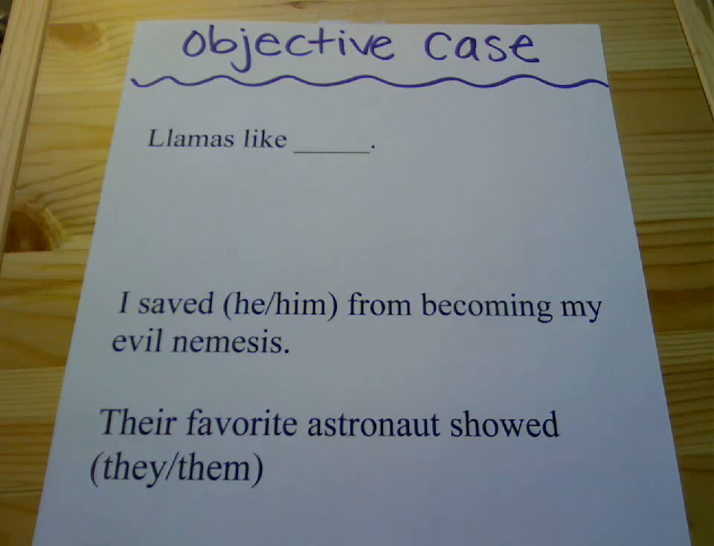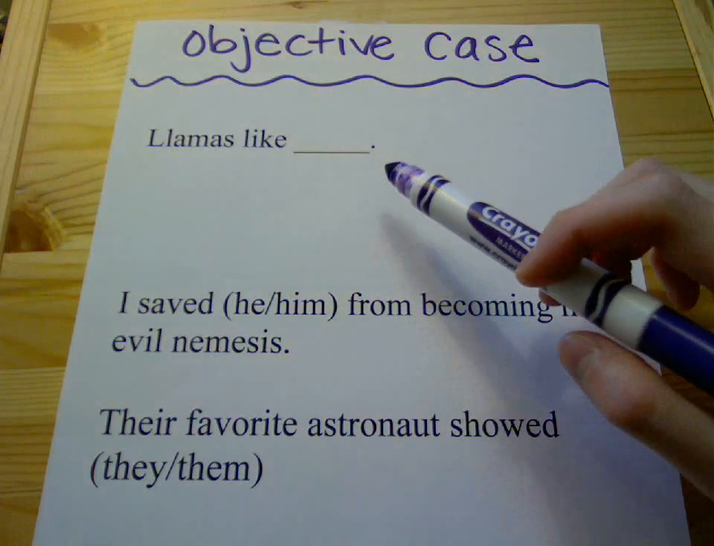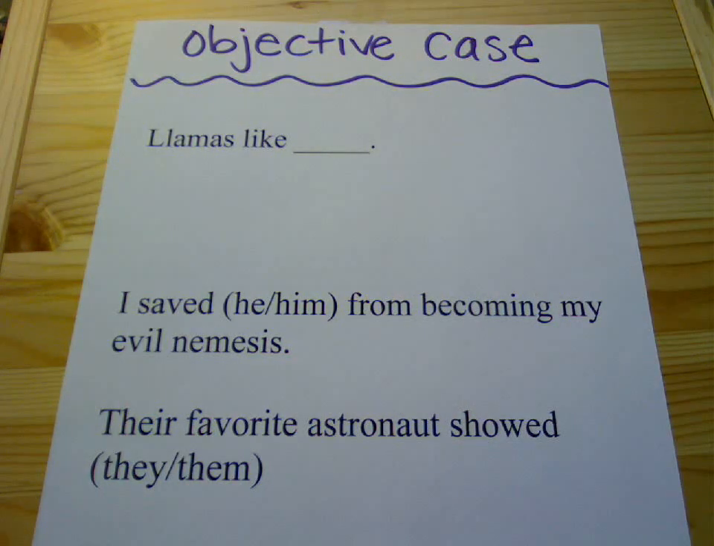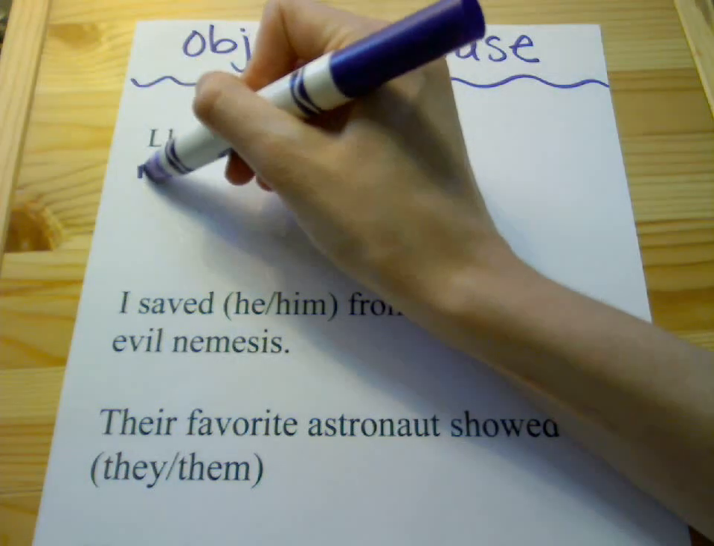The next pronoun case we are going to take a look at is the objective case. So this is the sort of other side of the nominative slash subjective case. Okay, so this is the other case that pronouns can be. And this magical sentence is llamas like blank. Okay, so the pronouns that fit into that blank for this one are me,